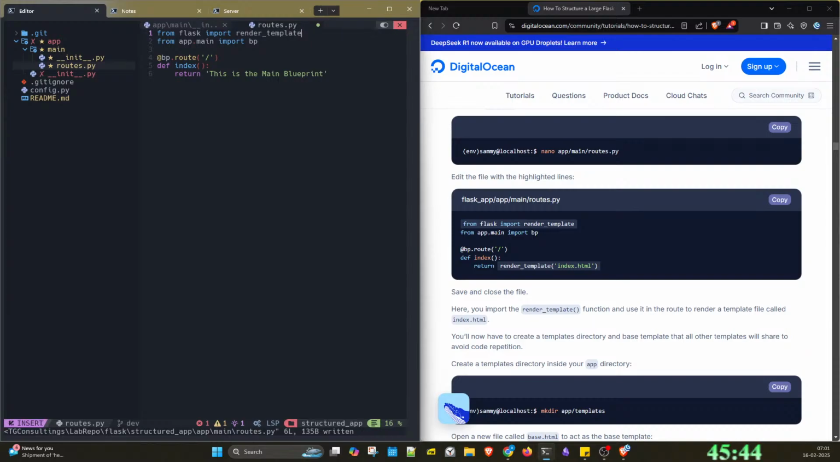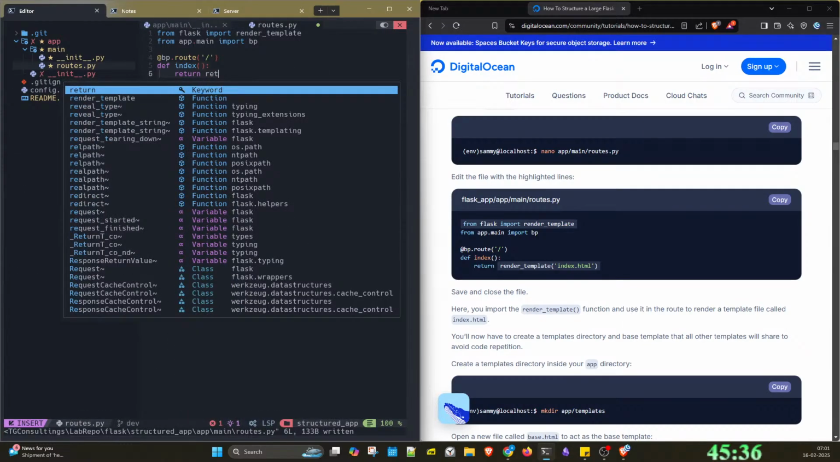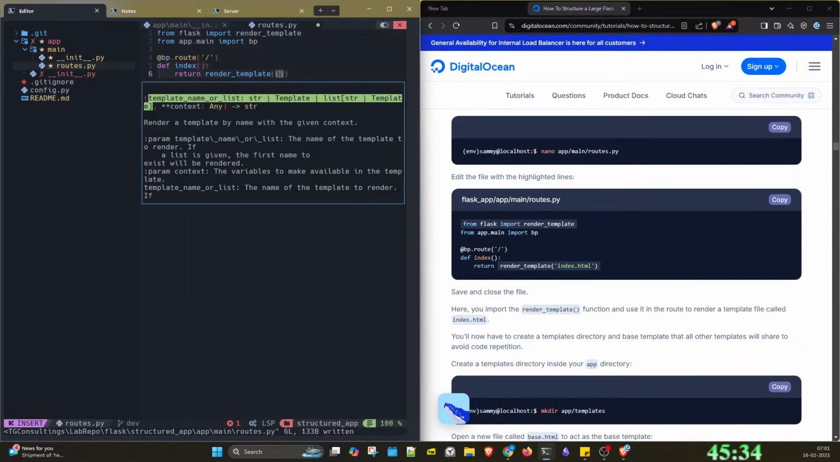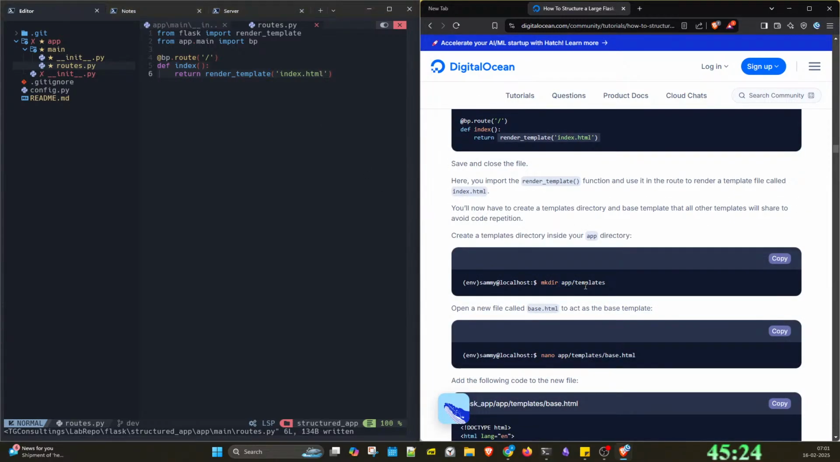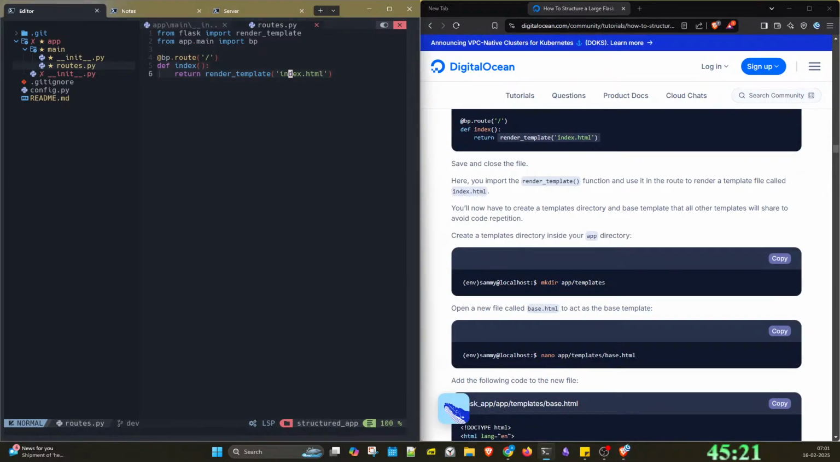Render template, cool. Now let's modify the code accordingly. Return render template. Cool. Now let's create a template directory which will go in the main